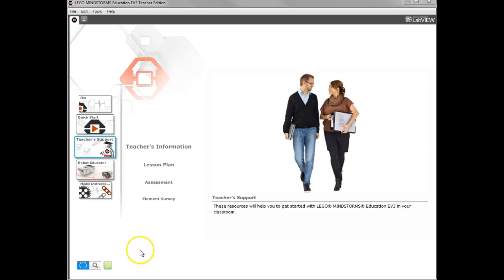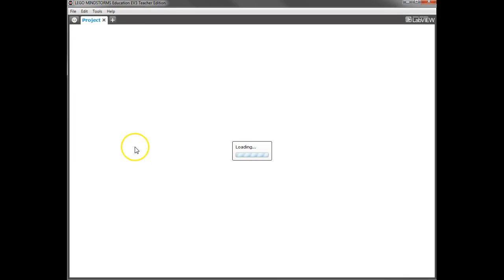This tutorial is going to give you a brief introduction to working in the EV3 programming interface. When you open up the program, you will land on a page that looks like this. Off to the side, you'll see some different tutorial components, or up here you can just start a new project. So if we click on that plus, we will get a new project to load,